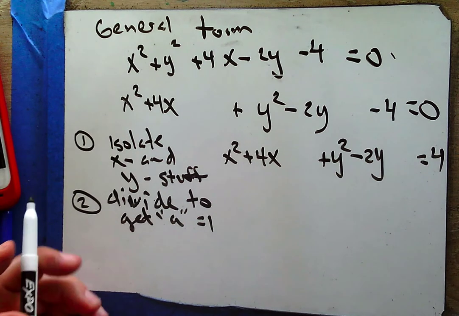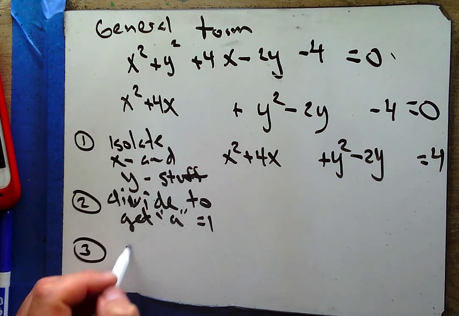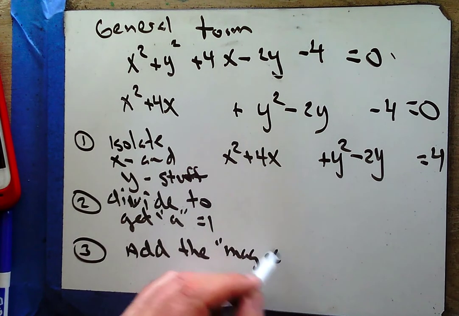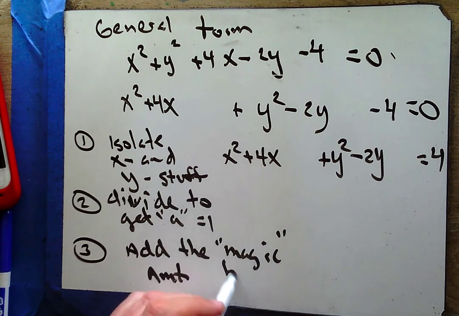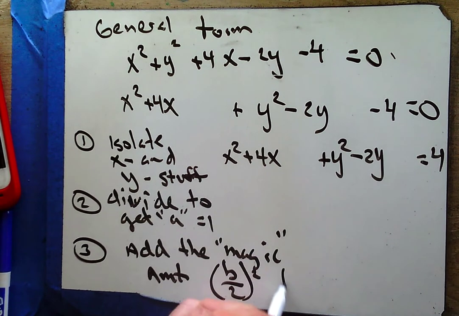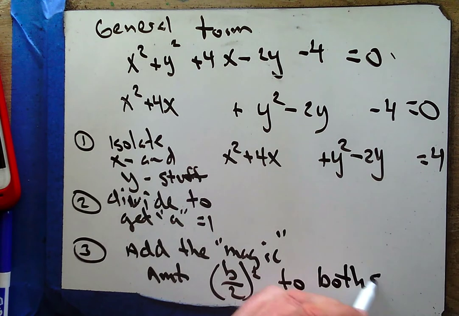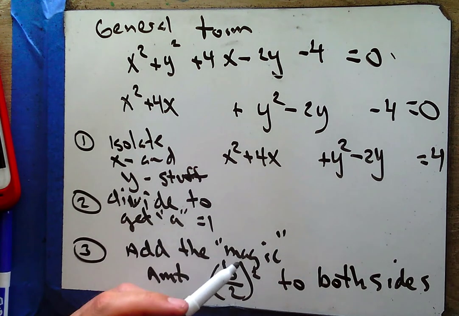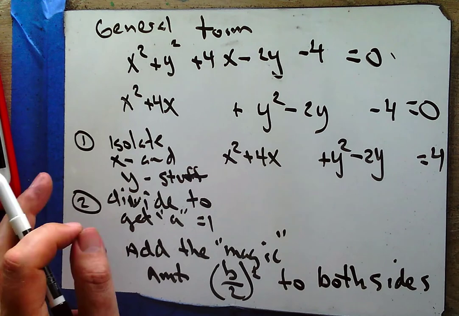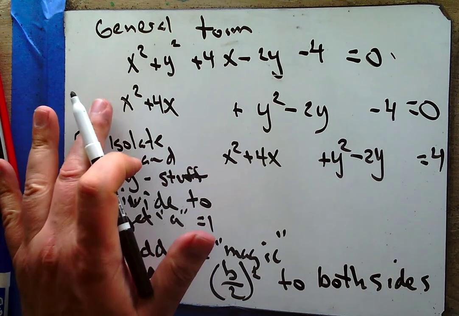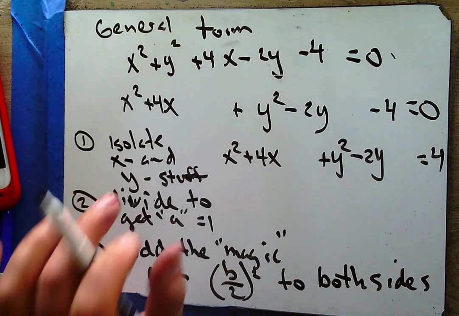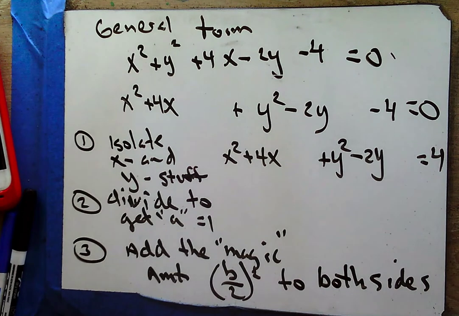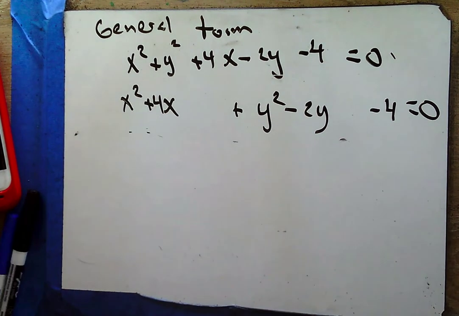Okay, so then step 3, add the magic amount, b over 2 squared, to both sides. So when we add b over 2 squared to both sides, that's exactly the right amount that we need to add so that we can complete the square so that it becomes a perfect square and factors with two of the same binomials. So what does that mean? Well, in this problem,